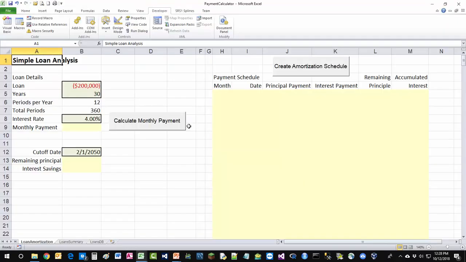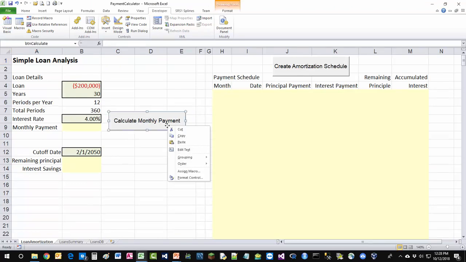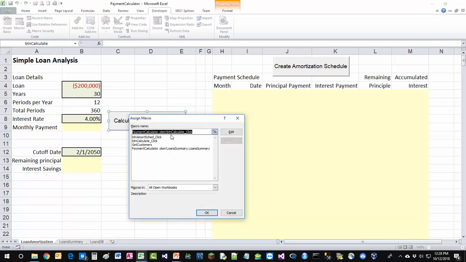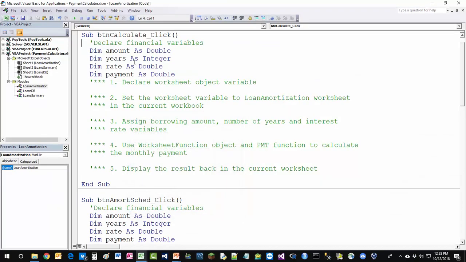And then finally, since we do have these buttons, and we'll start with calculate monthly payment, if you right click on it and you choose to assign macro, you'll see that the BTN calculate click event, the first one at the top of that code module, is attached to that button. If you click edit, it's going to bring you to the VBA